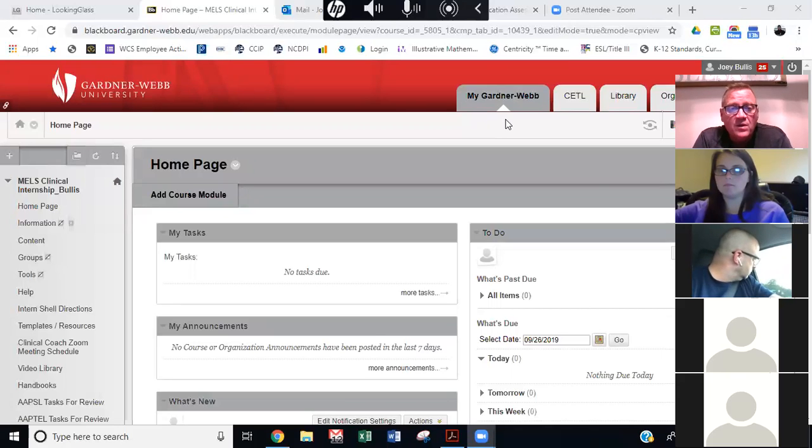Is everybody getting along just fine with task 3? You got a good grasp on your annotated bibliography, giving your evidence-based practices that address your identified learning gap? Is everybody in good shape with that, and good shape with getting all of your task 1 and 2 completed as well?